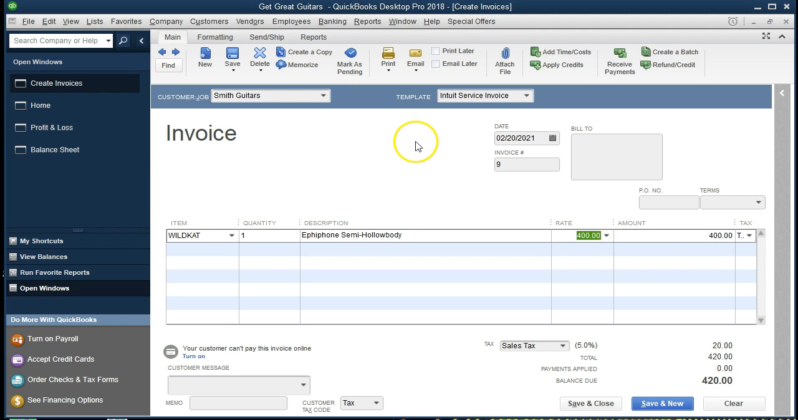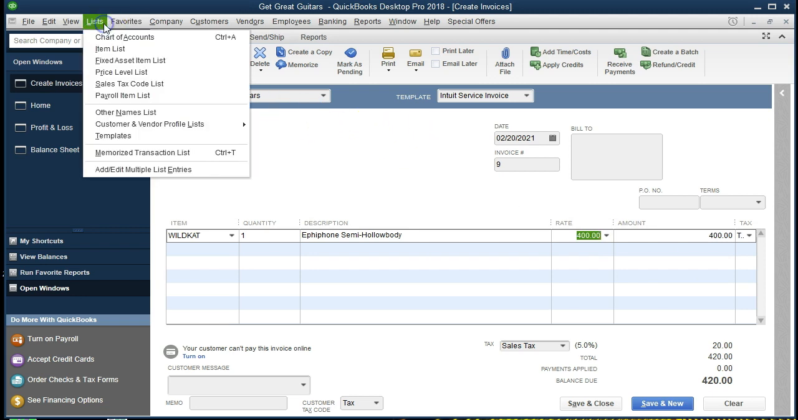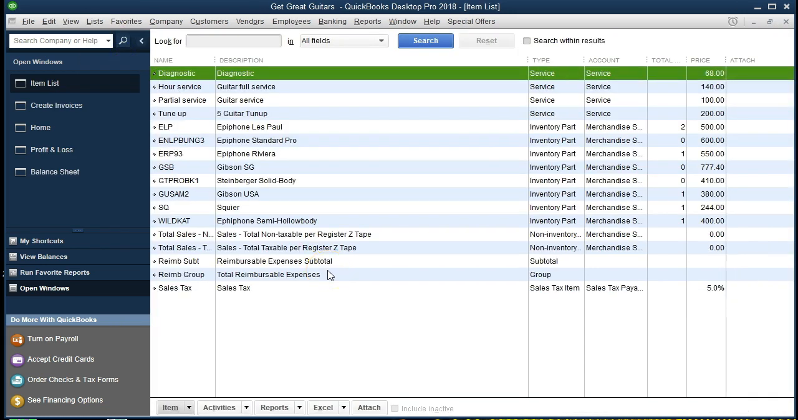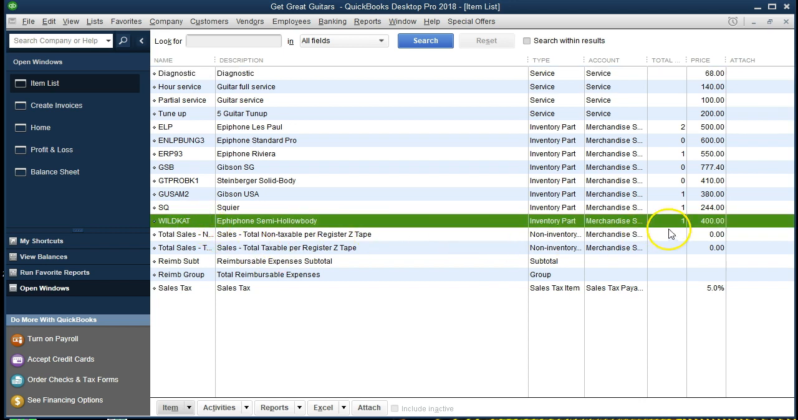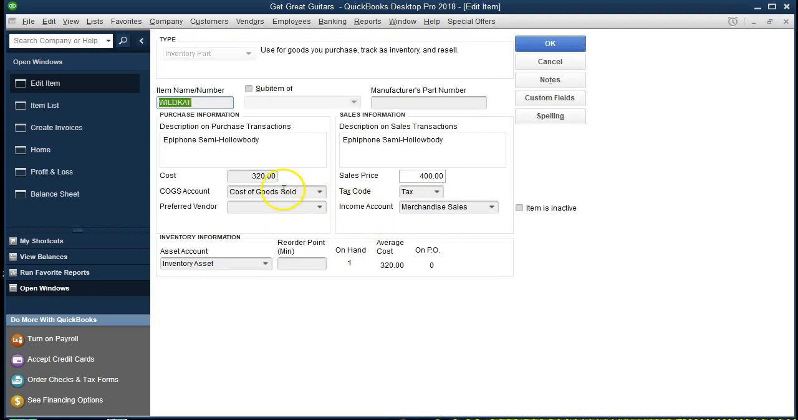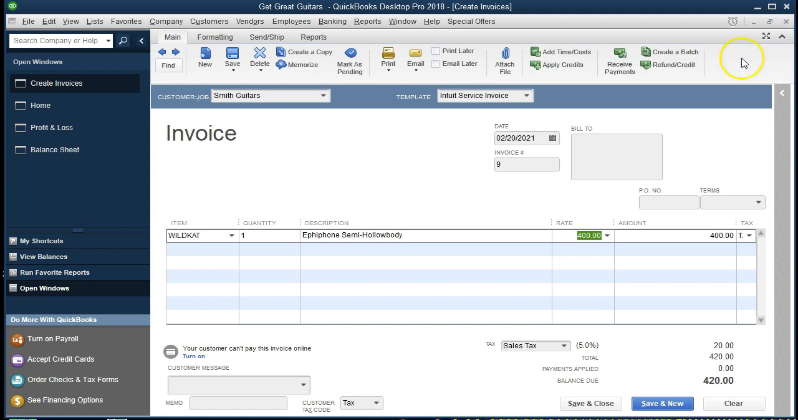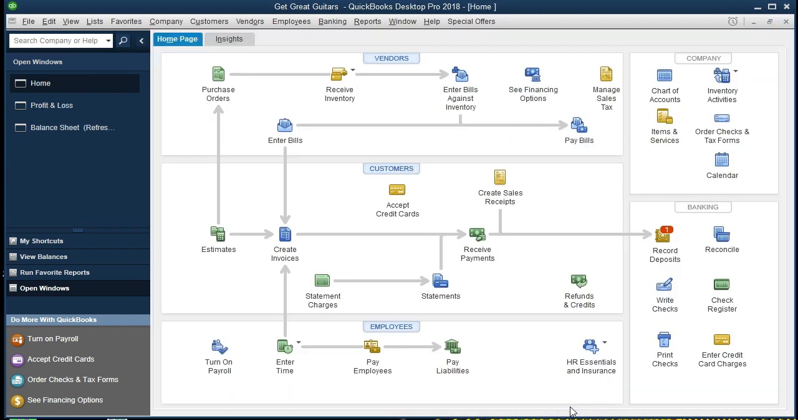If we want to know what that amount is, we've got to go to lists. There's one way we can do it, item lists. And we're looking for that Wild here. That's the 400 that we're selling it for. If we double click on it, then we can see the cost is 320. So that's the cost of goods sold we should see once we record this. Closing this back out, closing this back out. We see the invoice. We're going to say save and close,